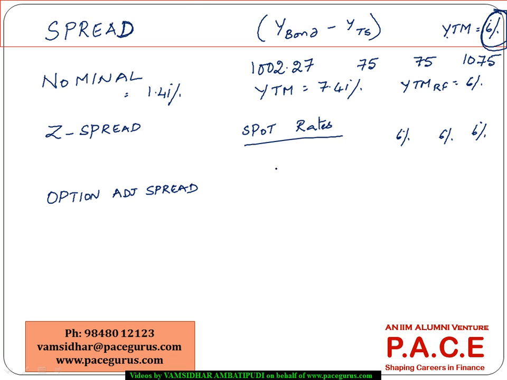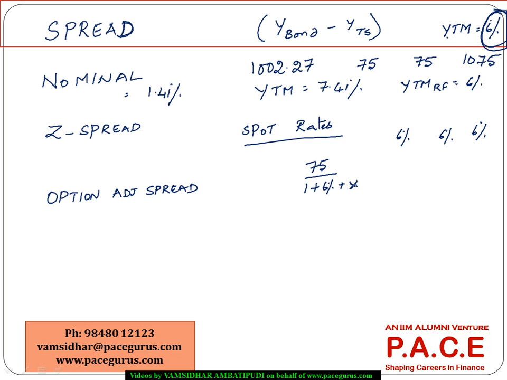If that is the case, my cash flows will become 75 by 1 plus 6%